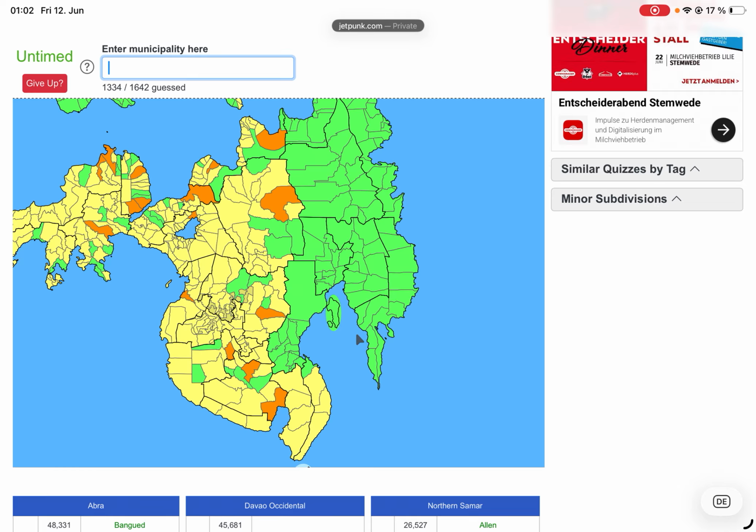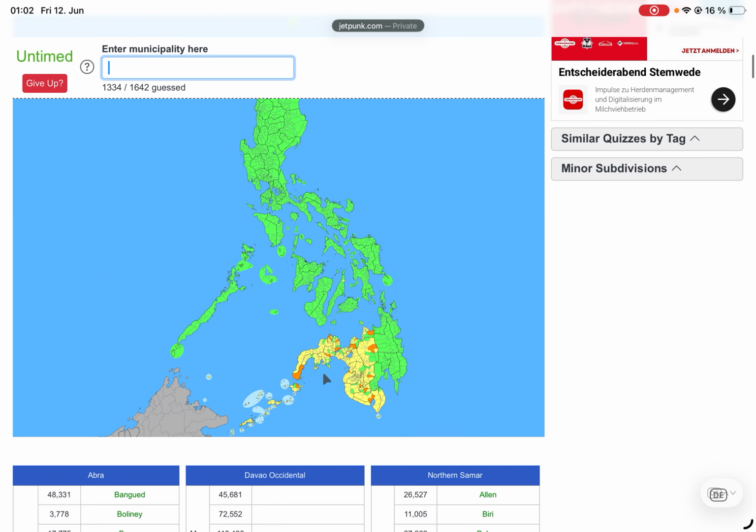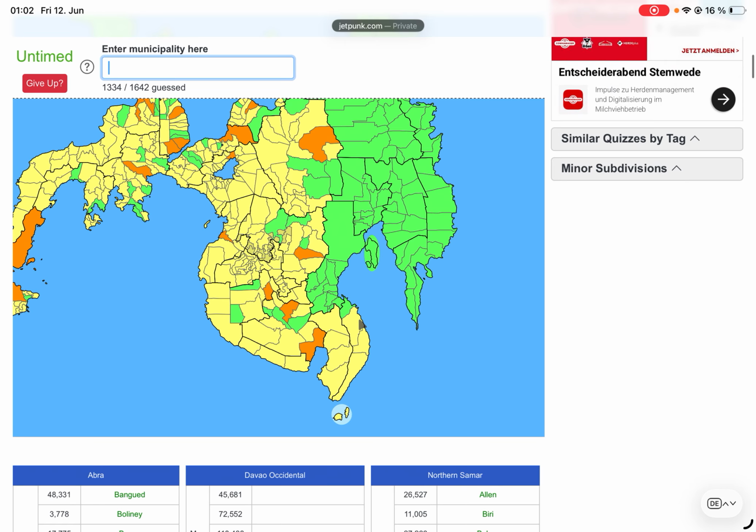Alright, which leads us to the last province of the region of Davao, and that's Davao Occidental, here in the south. And the capital of Davao Occidental is Malita. And then we have Don Marcelino, Jose Abad Santos. And the last little fun fact here, the last municipality of this province of Davao Occidental is